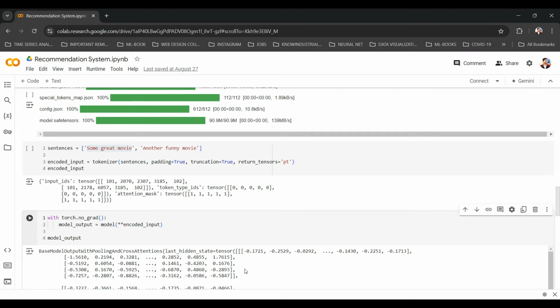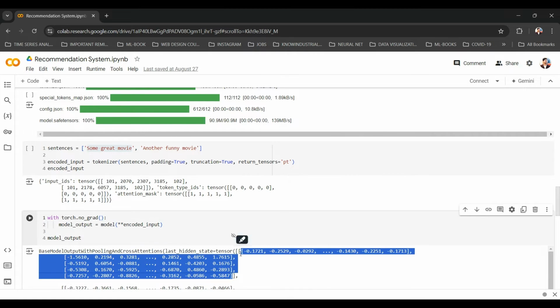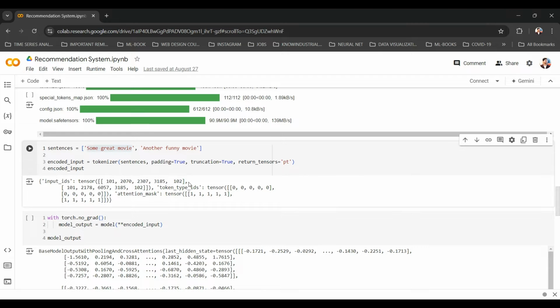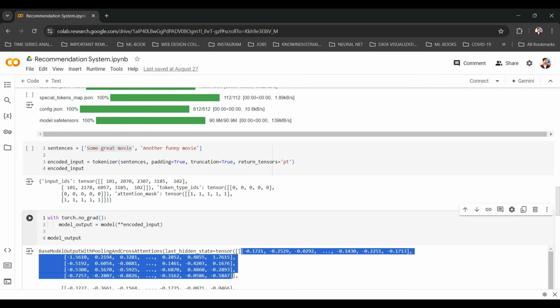Okay, so I am just going to imagine that this is 1 2 3 4 5. So there are 5 tokens converted into embeddings here. I guess there were 5 tokens here as well, isn't it? 1 2 3 4 5. So there were 5 tokens, and these 5 tokens are converted to 5 embeddings here. Okay, so 5 vectors.